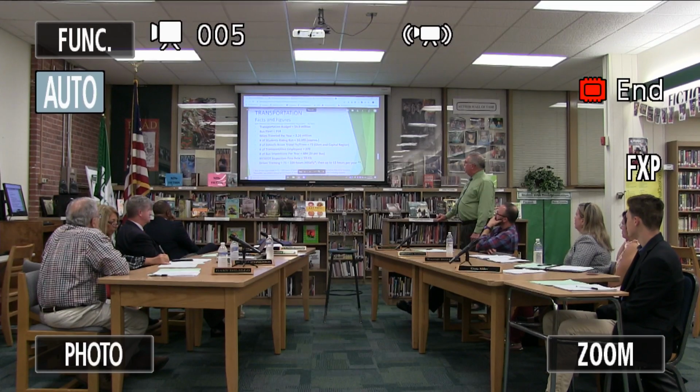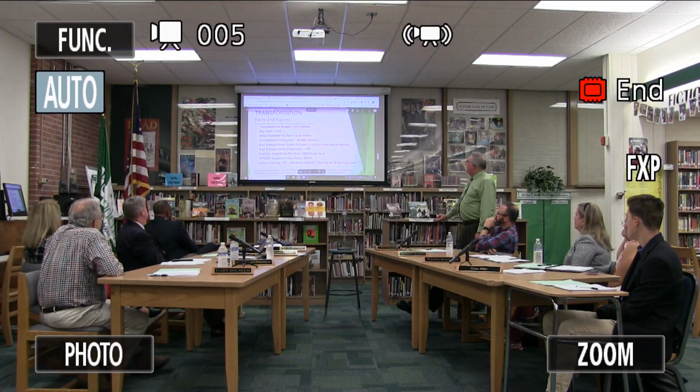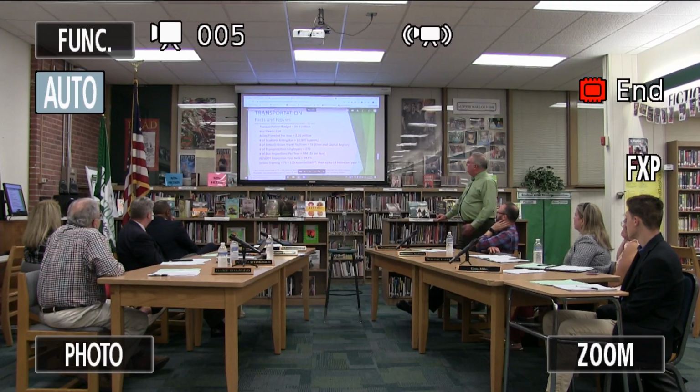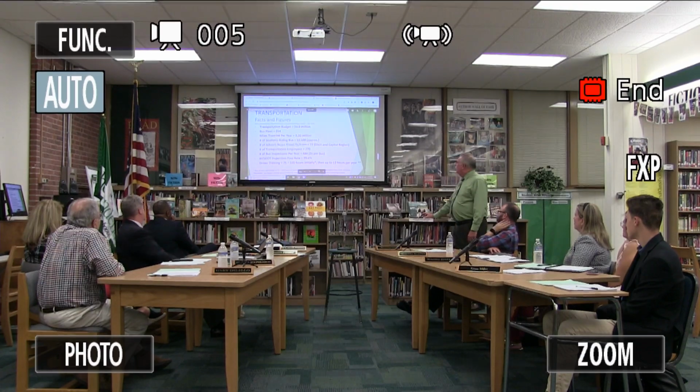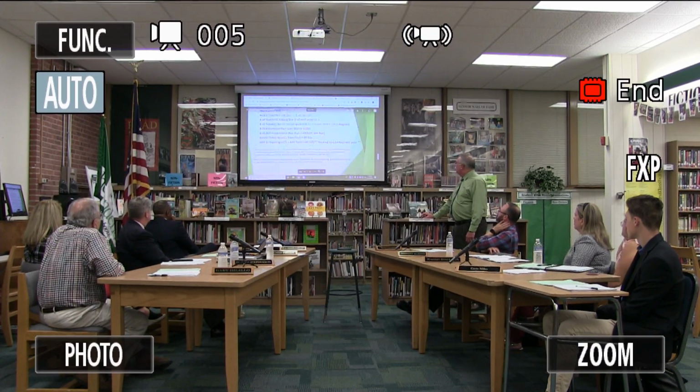Transportation employees are 270. The bus inspections per year, which are twice per bus. The DOT pass rate, which is virtually 100%. And then the driver training that Al and the others do to keep everybody up to where they need to be for our kids to get to school and home again safe.